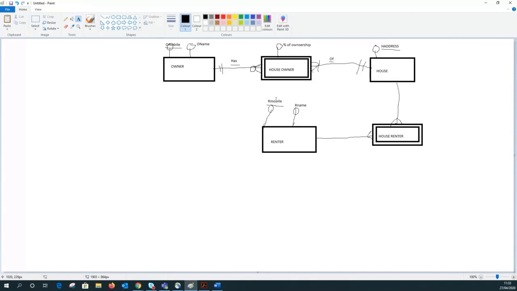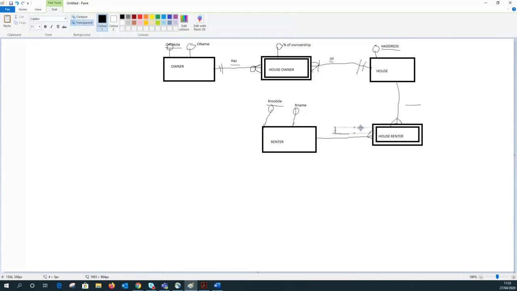So we need to grab the identifier from the renter, and then grab the identifier from the house address. So let me put the relationship names first. Let me put renters has renting houses,